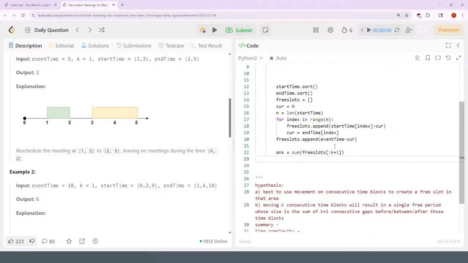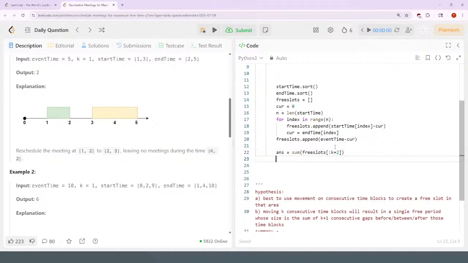So if k is 1, then it'd be 0 to 1, which is incorrect. It needs to be 2, right? K is 1, it needs to be 2 time slots, 2 free slots. So I think it should be k plus 2. And then for each index in the range of